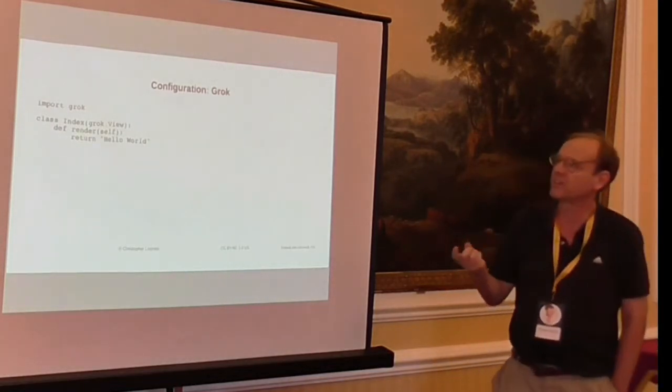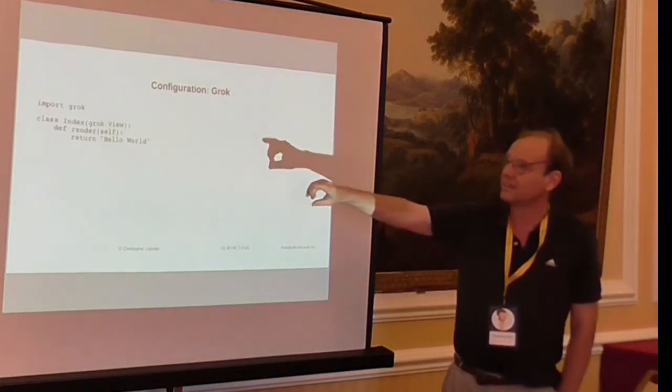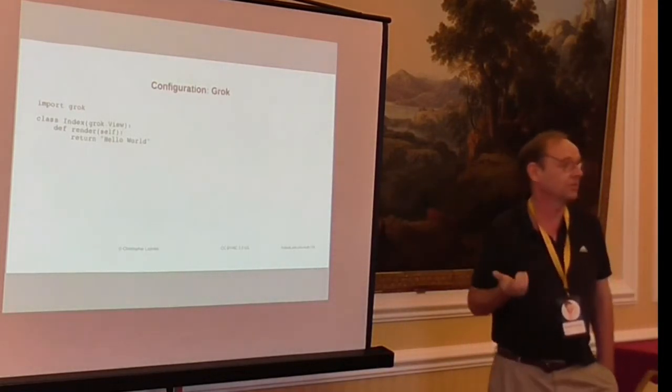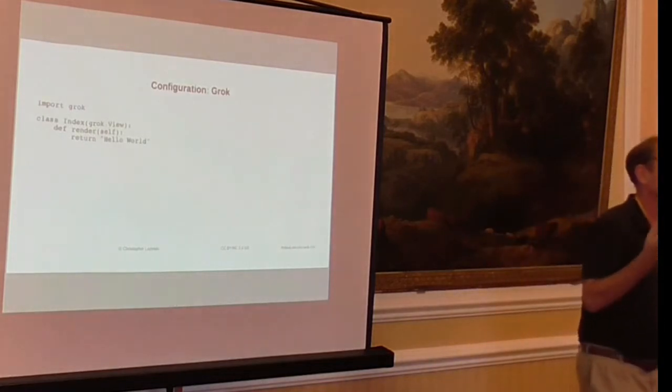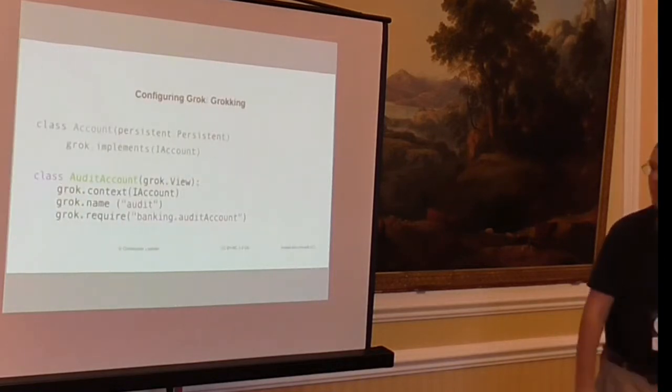So here's the simple way to configure a view object. You just subclass View and say what the render method is, print hello world, and your whole user interface is configured. Really simple because it uses inheritance to inherit everything. And a more complicated example,